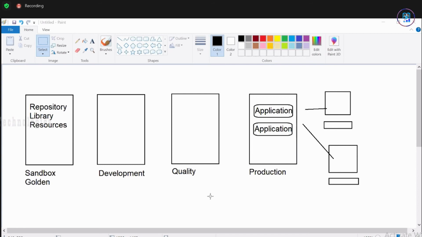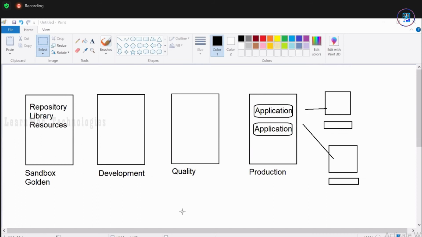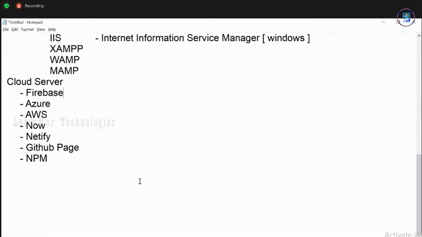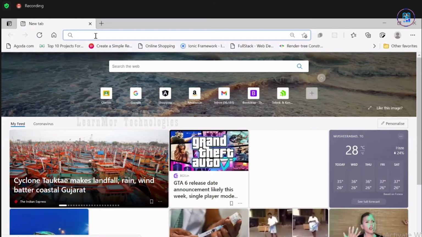For that, what we have to do. But first, we are going to learn how to build an application on a local server. And we have one local server, that is IIS. How to test whether this local server is working or not? What you have to do is open your browser. Observe carefully. Open the browser. And here, in the URL, you need to request